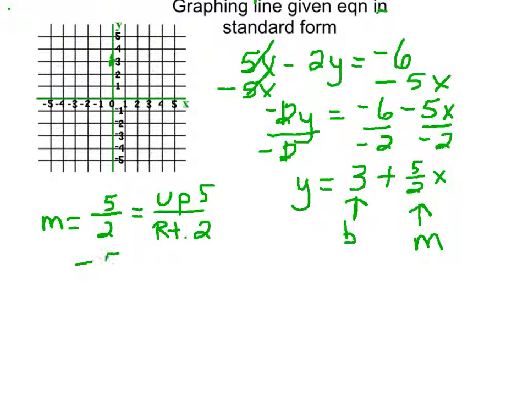If I change this to a negative 5 over a negative 2, the way it originally was written, I will be okay, and I can go down 5 and to the left 2, and I will end up in the same area. So let's see, from here I go 1, 2, 3, 4, 5, and left 2, 1, 2. And if you